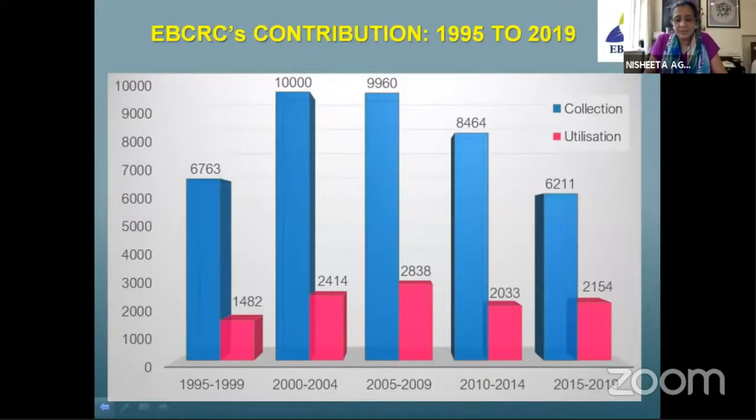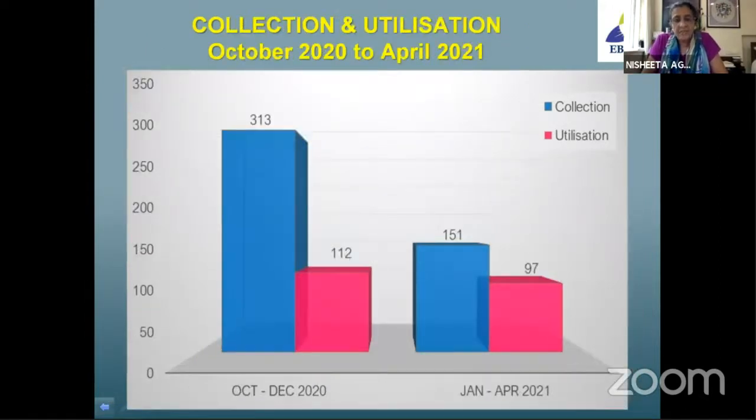So since 1995, the Eye Bank has provided in excess of about 13,000 corneal grafts. And once the pandemic was declared in January 2020 by WHO, all collection activities came to a standstill. The next slide, Rashmi. And from March 20th, 2020 to September 2020, we had zero collection at the Eye Bank. But once the lockdown was lifted, we were able to collect quite a large number of corneas, and the utilization rate was also about 30%.